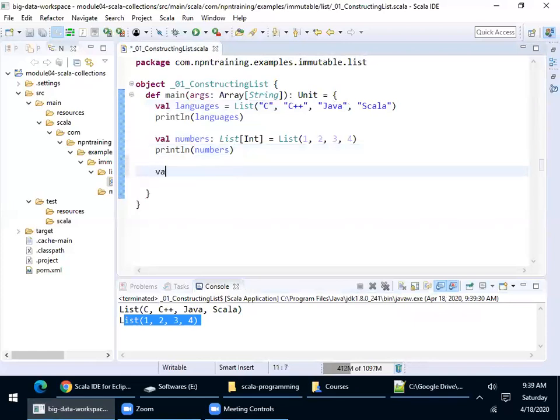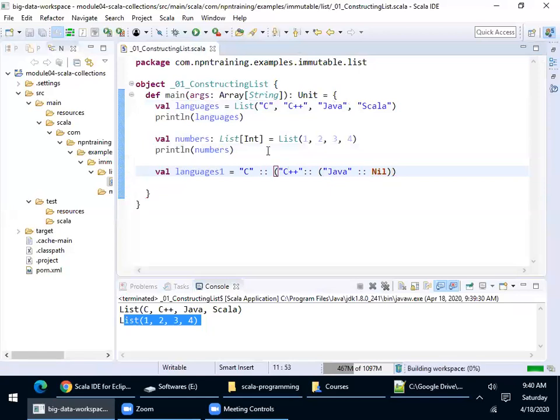For example, let me create a list. I'll just name the list as languages1. Now please observe the syntax here. The first element, let's say I'm holding it C. Please look at the syntax. Syntax is slightly confusing here. Colon, colon. And the next value in a list. Syntax would be slightly confusing, but you have to learn it by heart. The third value is Java, and colon, colon for the empty list. I think everything is closed.